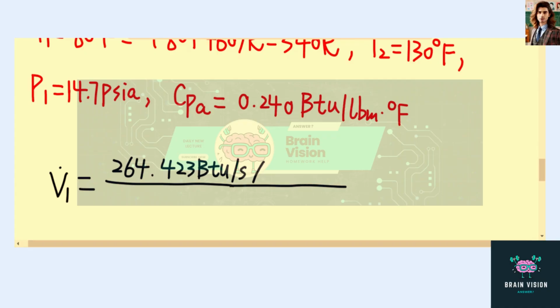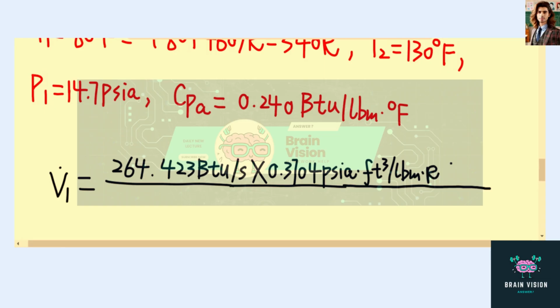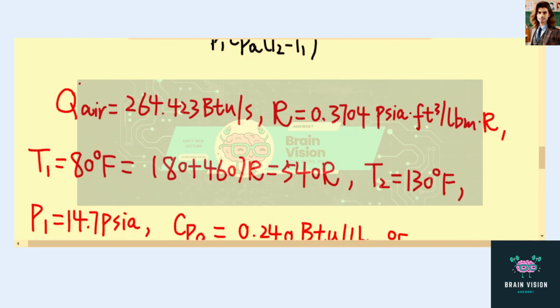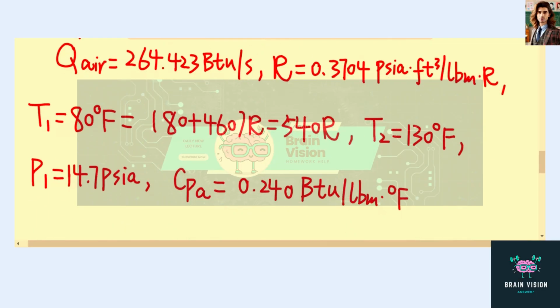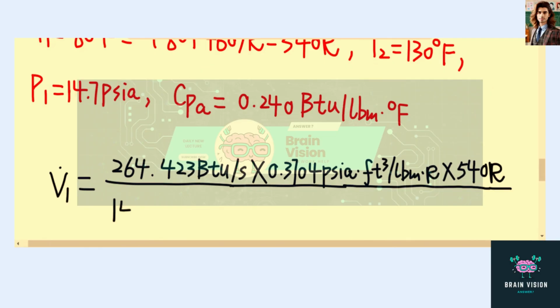And then multiply by R, which is 0.3704 psia times feet to the power 3 per pound mass times Rankine. And then multiplied by the inlet temperature, which is 540 Rankine in this case, okay, because the units of the gas constant are composed with Rankine here, okay, so therefore we need to use the corresponding units, which is Rankine. And then over P1 times Cpa, which is 14.7